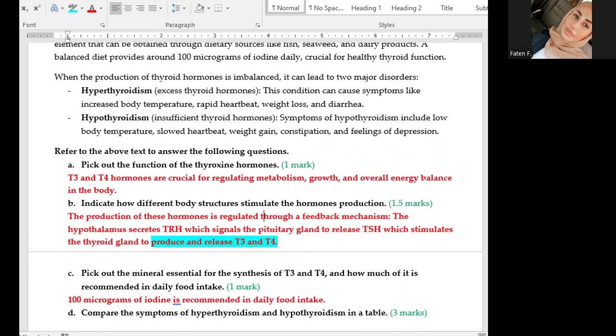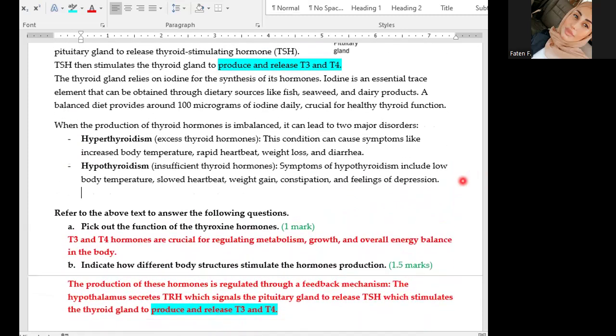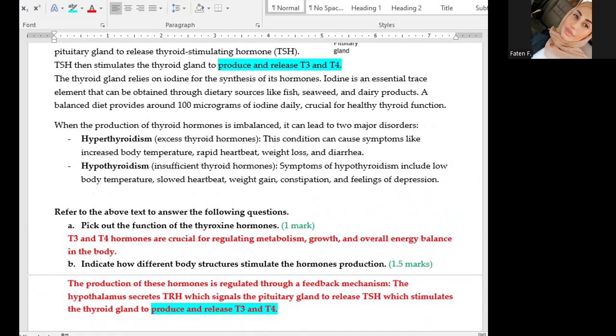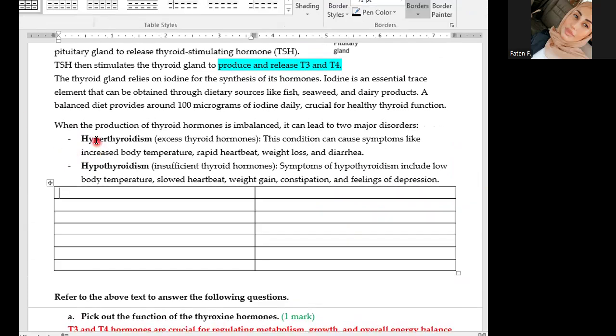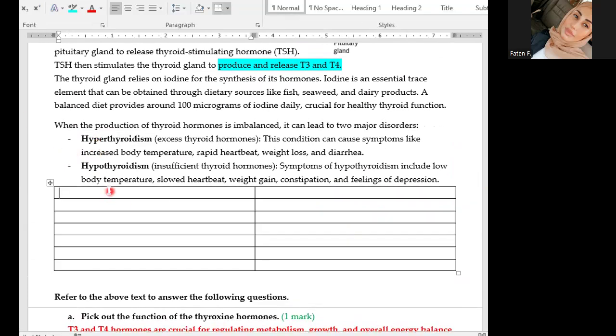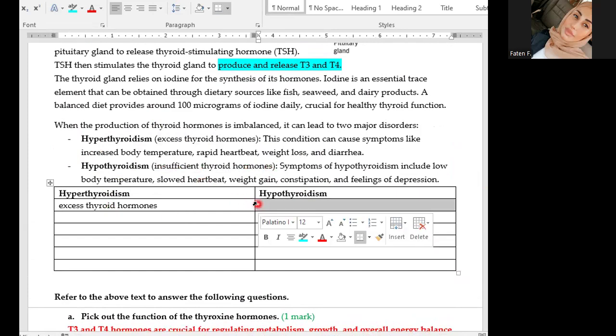Compare the symptoms of hyperthyroidism and hypothyroidism in a table. Okay, I'll draw the table down here, hyperthyroidism and hypothyroidism. So we will need a table comparing both of them. First I have hyperthyroidism, and then I have hypothyroidism. Let's start with the cause of both. First, hyperthyroidism occurs when there is excess of thyroid hormone, while hypothyroidism happens when there is an insufficient secretion